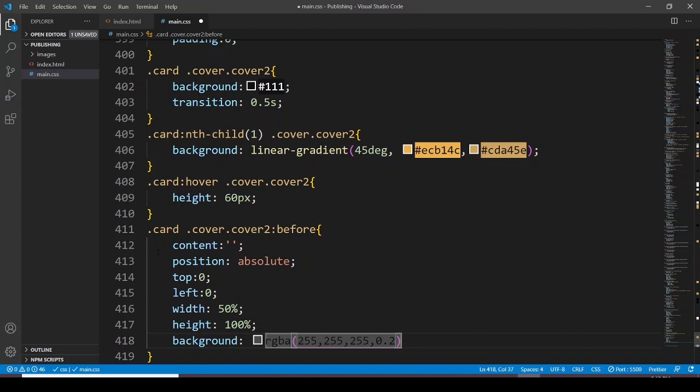Okay, I don't want to go with that, let's go with 1 and 0.1,